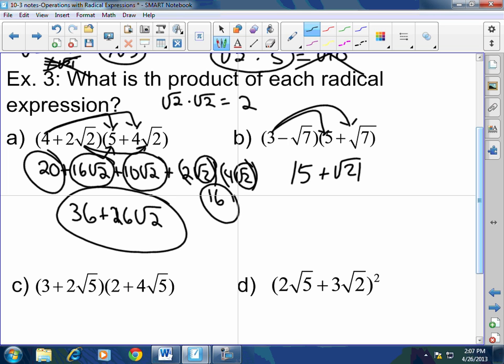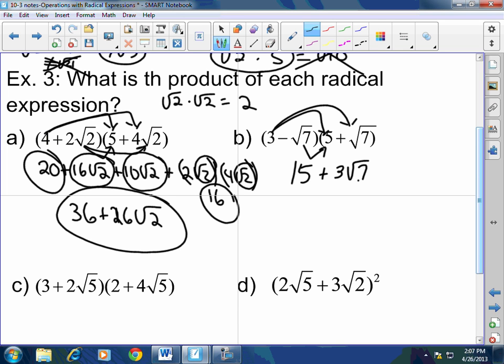See, for all of you that said, yeah, you're not listening to me today, that's a big fat no. 3 times square root of 7 is simply 3 square root of 7. You cannot multiply real numbers with radicands. You cannot. I'm sorry, you can't. Now,